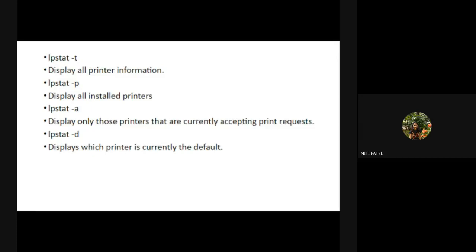Second, we saw how you mount and unmount the files if you want access to any particular file shared on the network. Third, we have seen how we do the printing on Linux by using certain commands. Okay, so we have different options for printing, and what are the components or parts of the printer for using the printer in your Linux operating system.